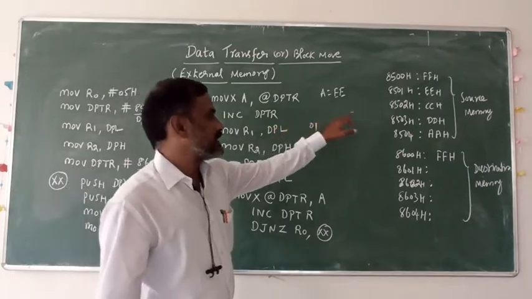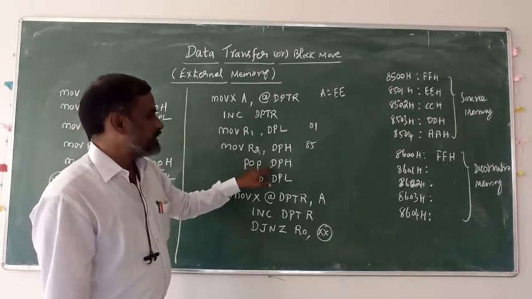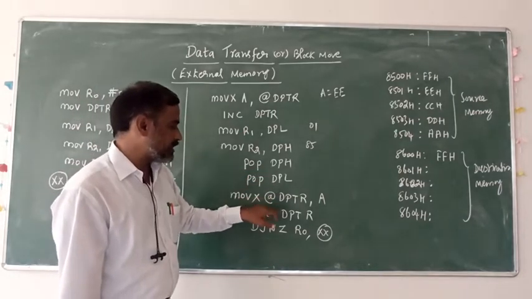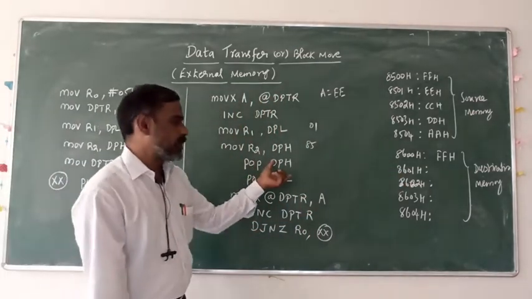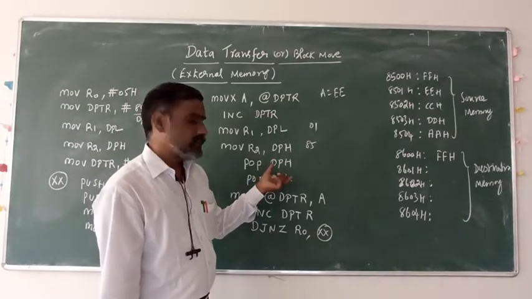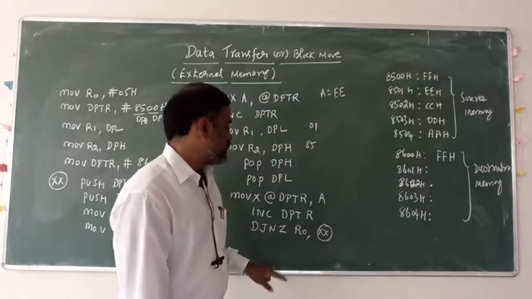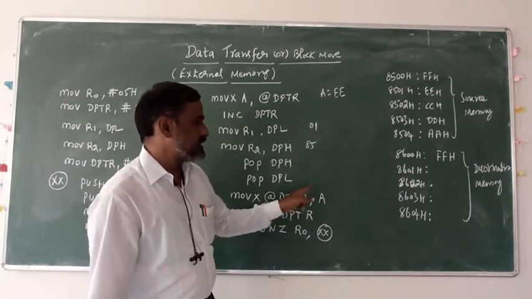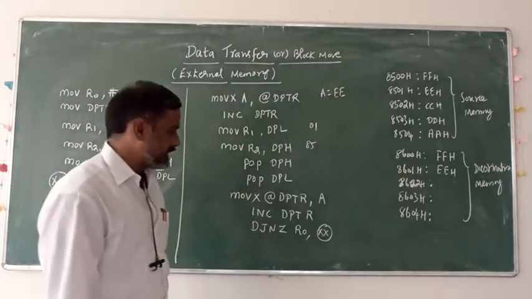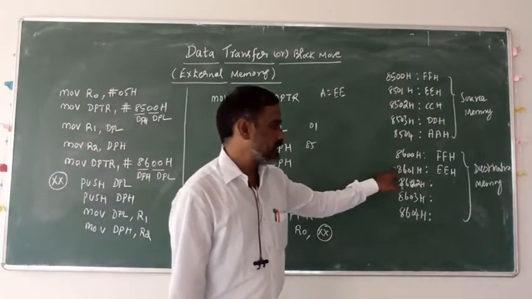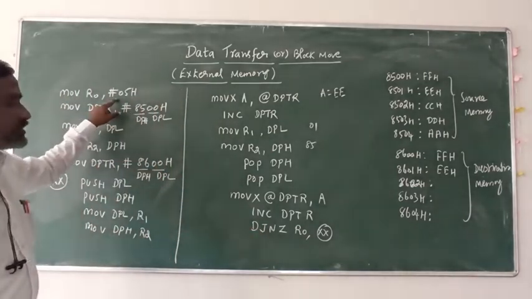Next this address is temporarily moved into R1 and R2. Again POP DPH and POP DPL. Okay, I have already incremented this address, which is available in the stack pointer. Now POP means we have to retrieve. Okay. Now the destination address is at present 8601. Now the accumulated data EE is moved to this address location. Now EE data will be moved to this address. Next increment this destination address and decrement the number of data to 03.